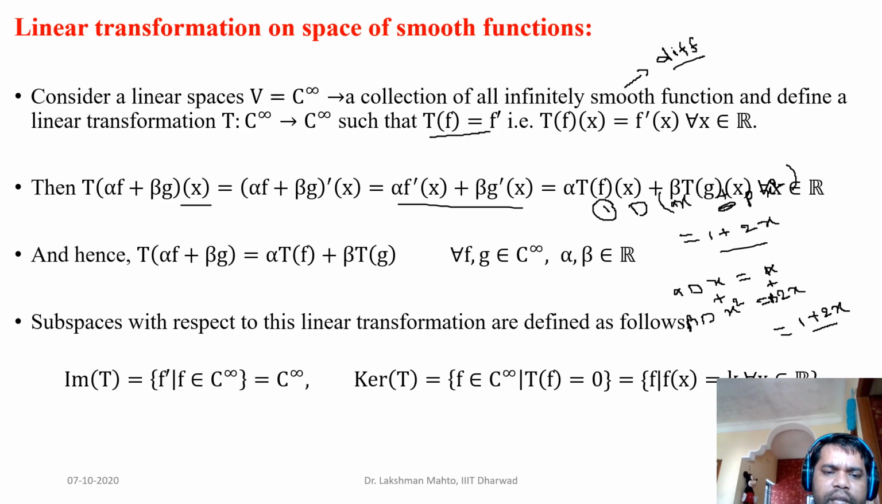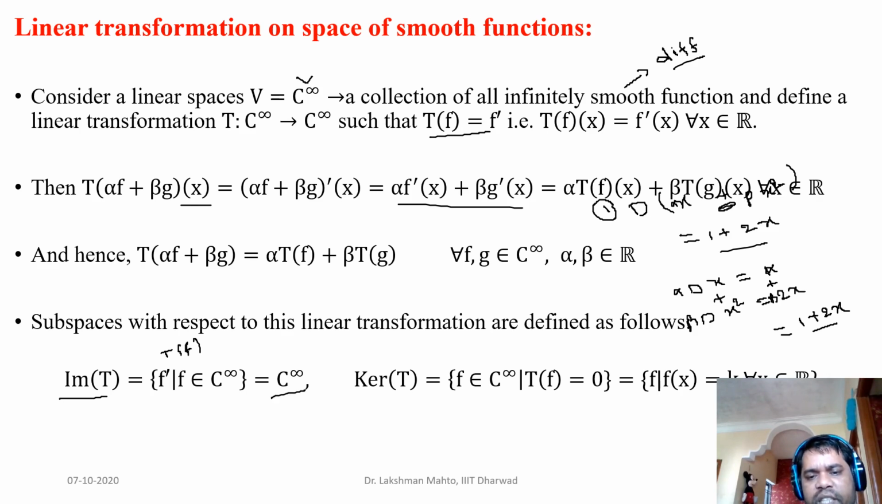What would be the image of T? The image of T is defined as T of f such that f comes from the domain, the space C infinity. That means f such that f dash exists. We know that if f comes from C infinity, then definitely f dash will exist. That's why the image of this linear transformation, the derivative linear transformation on this vector space, will be